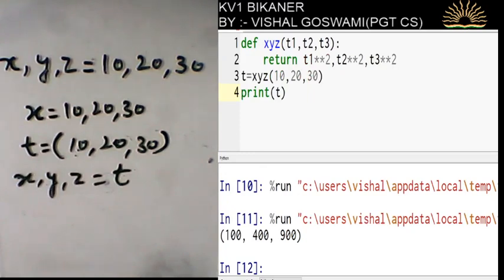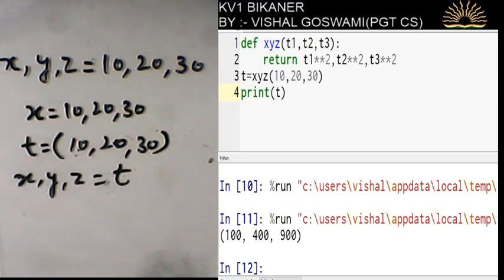Now see, here I have created one function xyz, and xyz is taking three arguments t1, t2 and t3, and it will return three values by squaring the values. t1 will be squared, t2 will be squared and t3 will be squared.